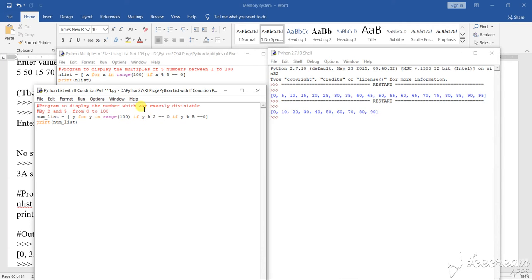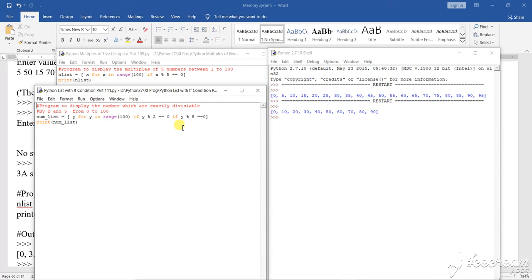So here you are seeing why I have used two ifs, because I have two conditions. How to give two conditions? By comma? No, a comma will not be accepted here. If I write if y modulus 2 equals 0, comma, y modulus 5 equals 0, the program will not run, it will give a wrong answer. It will say the condition of the list is not proper.